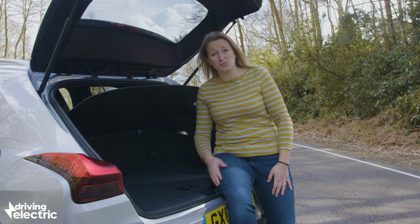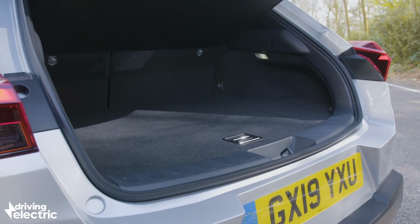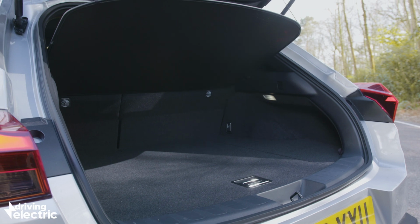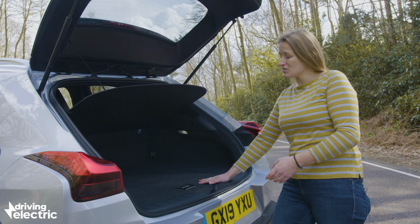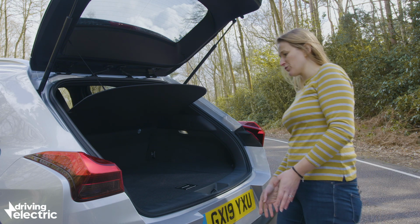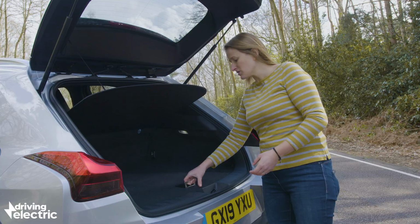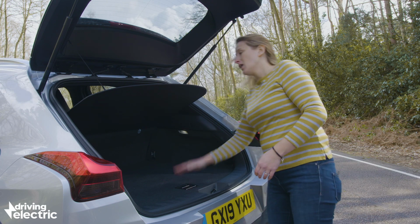Practicality is a massive weak point with the Lexus. I mean, this boot, I don't expect it to be an estate or anything, but you still expect it to be up there with decent hatchbacks in terms of its boot space, and it's not. Look, this is the highest boot I think I've ever seen. It's crazy how far you have to lift something off the ground to get it into the car. Granted, you get a little bit of underfloor storage in there, which is nice, but even so,